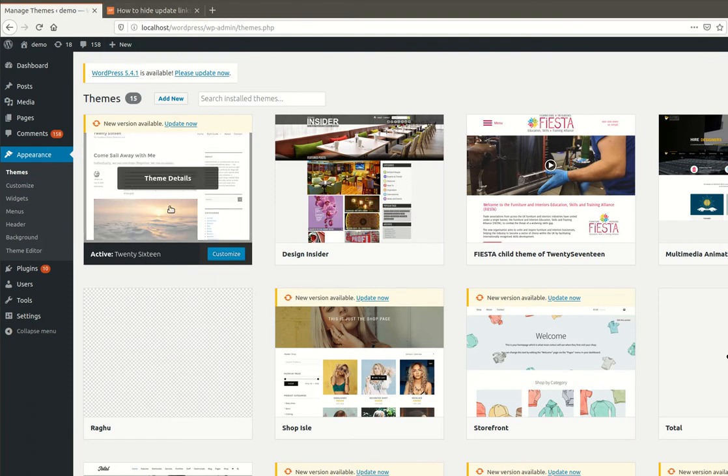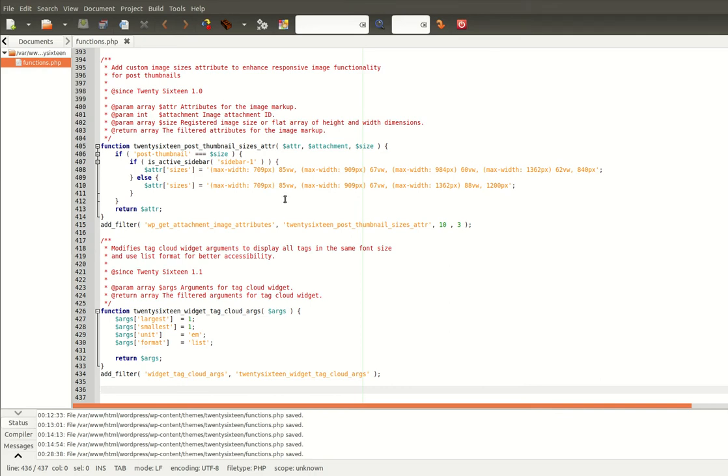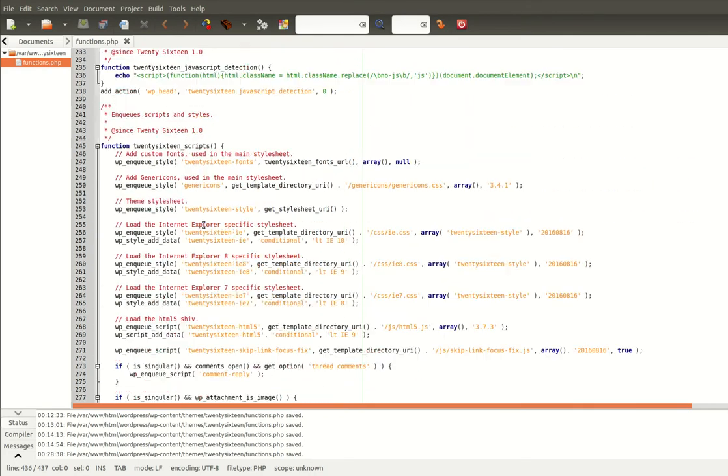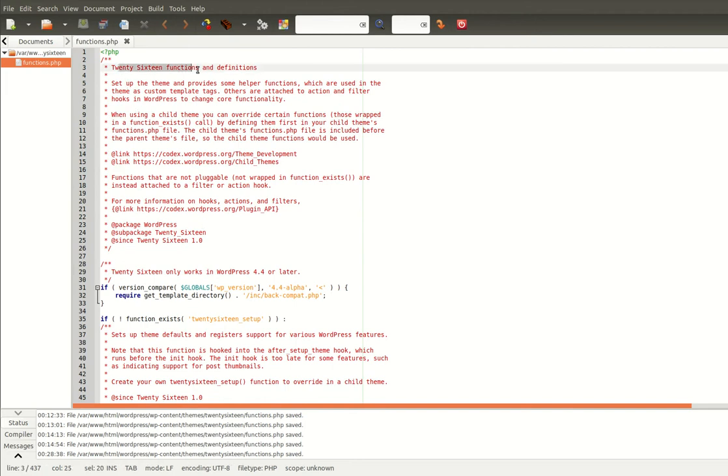In the same way you can also check the current theme, and after that you need to find the folder of the current theme directory, and then find the functions.php file. To add my given code, you need to open your theme functions.php file in your editor. I have already opened my theme functions file here, you can see the 2016 functions.